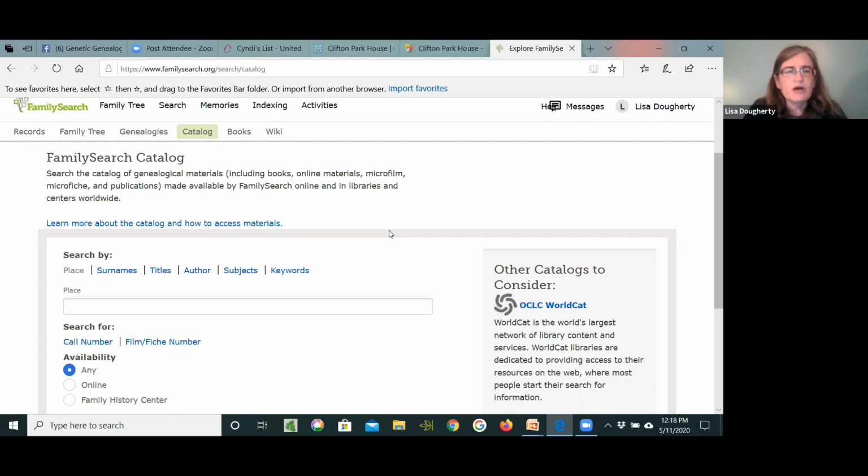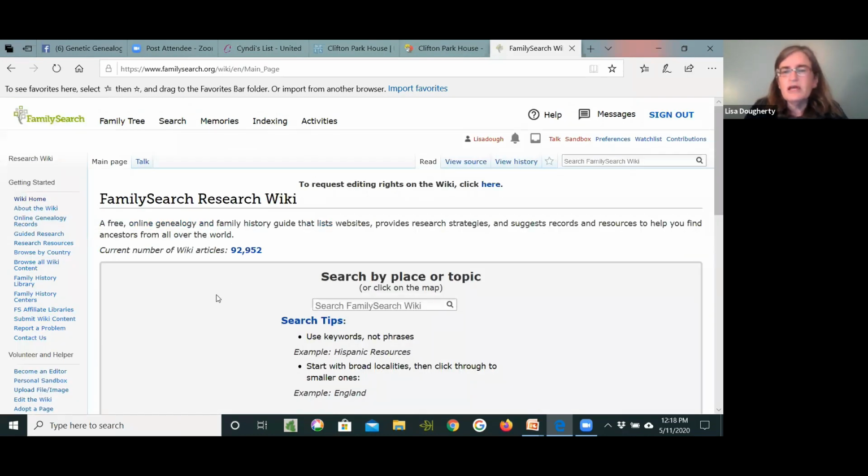A couple more things I wanted to point out about the FamilySearch website. One of them is the FamilySearch Wiki. And if you click on that, that brings you to a page where you can get information about just about any genealogy content that you want. If you're looking for information about a particular record type, say you have an ancestor who served in the Revolutionary War, and you don't know really much about the Revolutionary War, you don't know about the records that were created, you can search Revolutionary War,